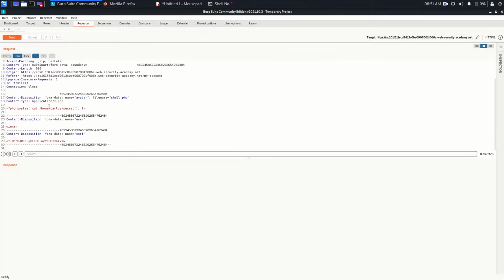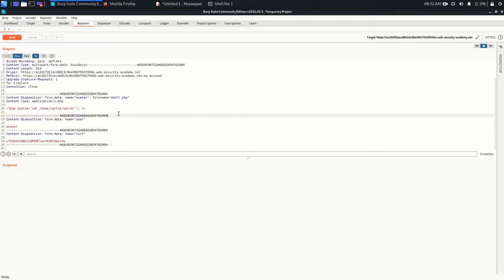As you can see here, the file name is shell.php and the content type is application/x-php. It means that anything with a .php extension, except .jpg and .png, is not allowed to upload.